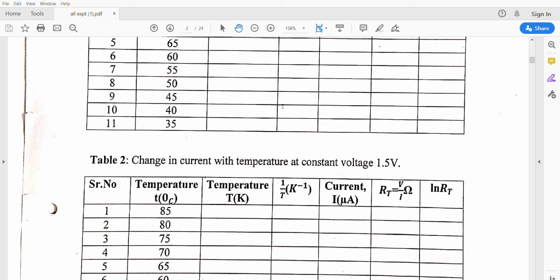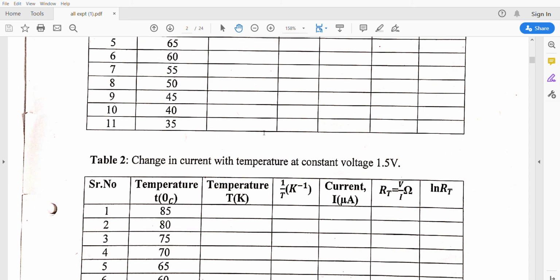What do you understand by the band gap? As I already mentioned, band gap is an important factor for any material to decide its conductivity and resistivity. What do you mean by valence band, conduction band, and the forbidden band? As we already discussed in the fourth unit, you can get the answers.